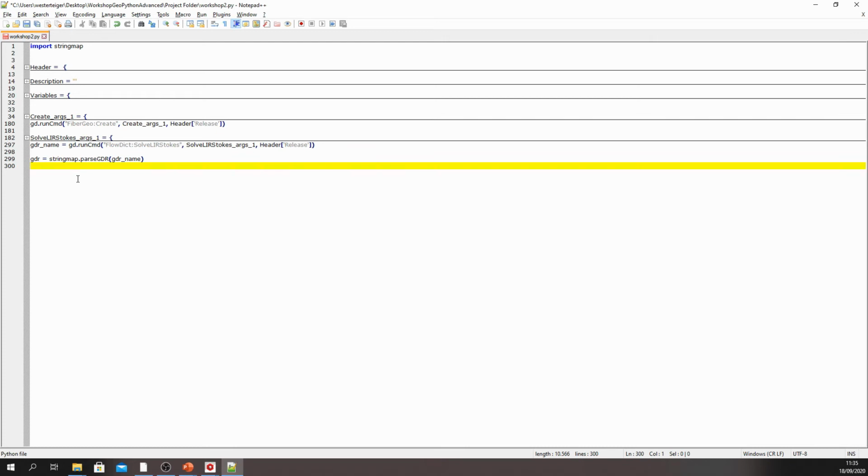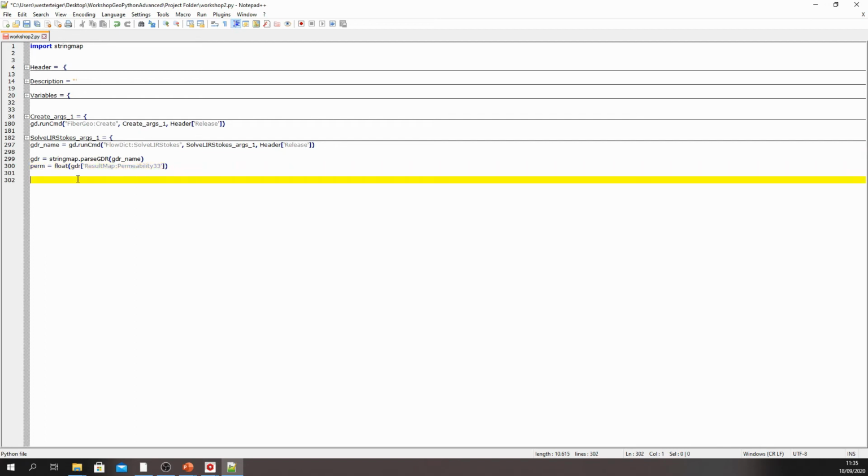For this purpose, write perm equals float, opening round bracket, gdr, opening square bracket, single quote, result map, colon, permeability 33, single quote, closing bracket, and closing round bracket. So this consists of several parts.